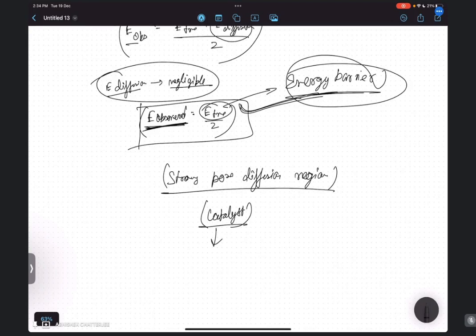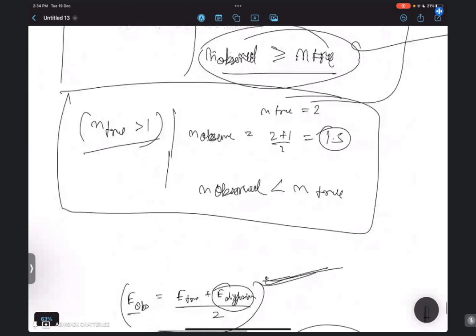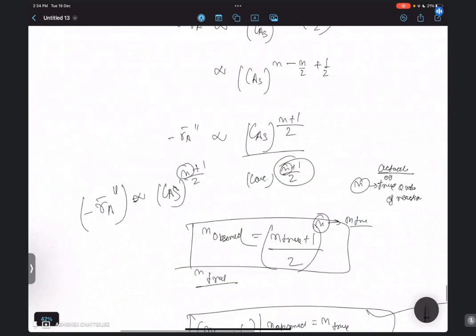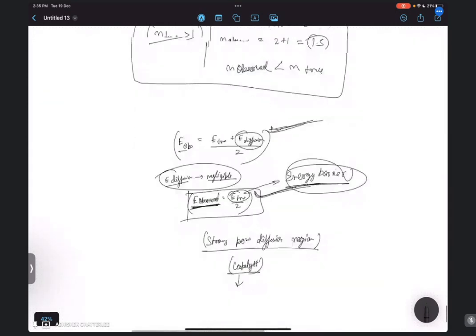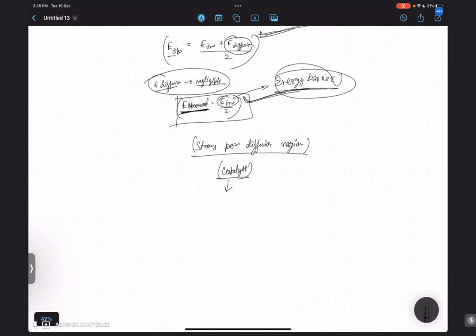समझ में आया ये चीज बताओ? और ये एक्टिवेशन एनर्जी E observed मतलब E with pore diffusion resistance है ना। ये जो माइनस आ रहे हैं ना, इसको अगर तुम k double dash into Cs to the power n लिखोगे ना, तो इस n को हम लोग लिखते हैं n observed, nothing else. This will be k observed. ठीक है, तो यही था जो था अपना हेट्रोजीनियस वाला पार्ट।